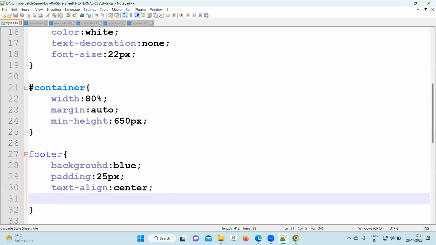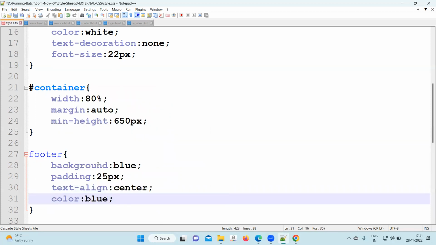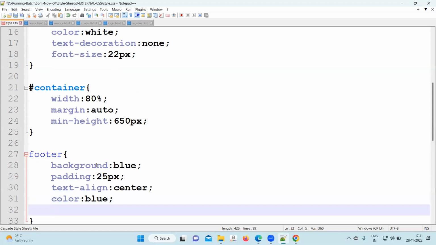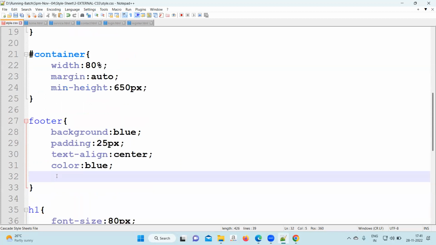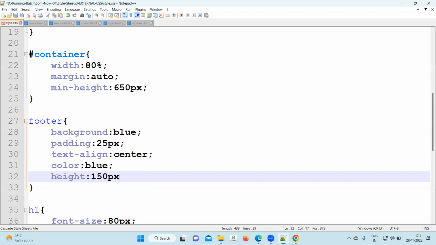Text align center. After that, color should be blue color. And then the minimum height of the footer, or not minimum height, just fix the height, 150 pixel for the footer. So wherever we call the footer, inside the footer, the color blue written here,